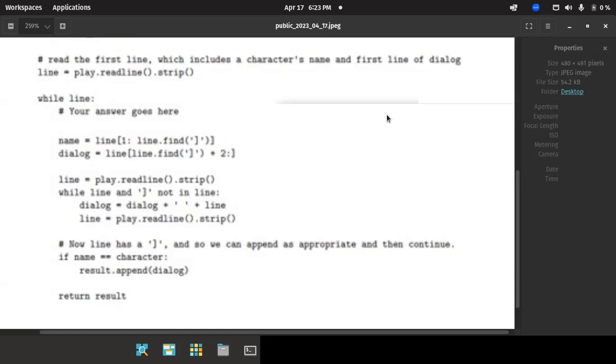Then it says while line is not empty, which is basically not null, and the closing square bracket is not in the line, because if the closing square bracket is in the line, then